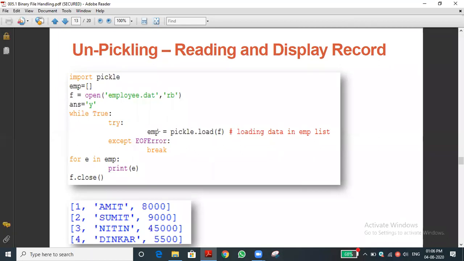So for example, I read this one. The pickle.load function read all the content. Now what will happen? Again the loop will execute, second time. The loop will terminate based on the condition only. So first it will read this and all the data will be stored in emp, then the file pointer will go to the end of the file. Again the loop comes to execution, while True, condition true.